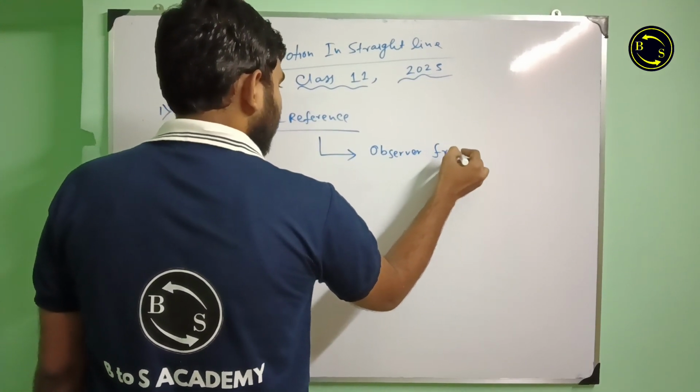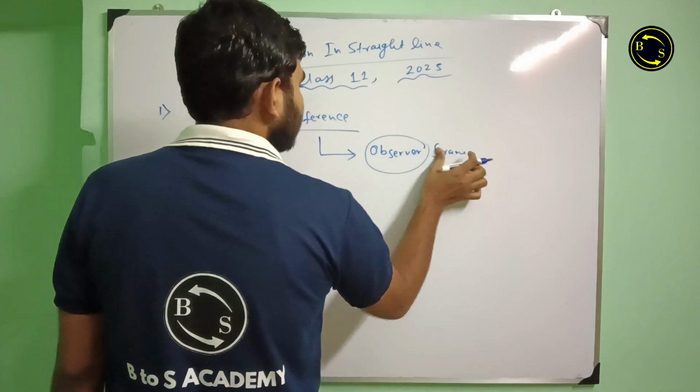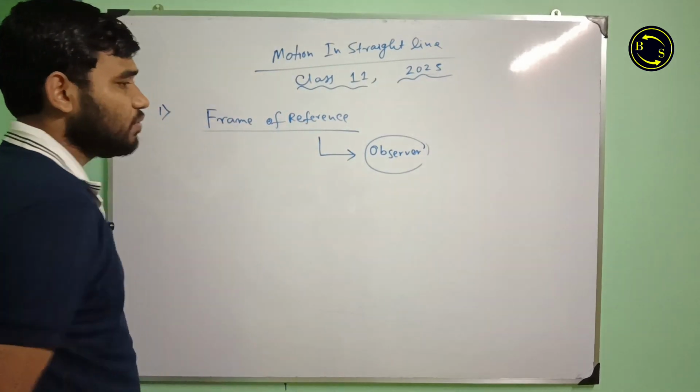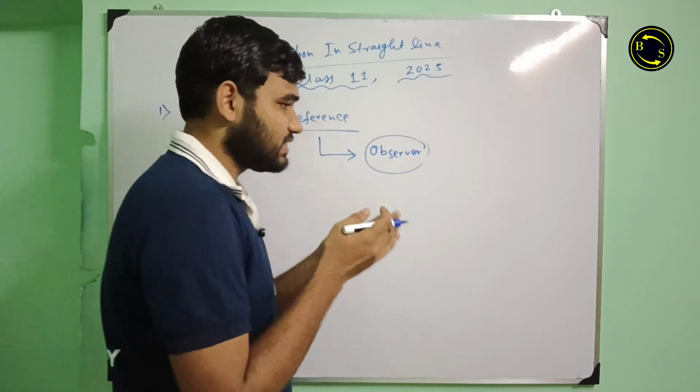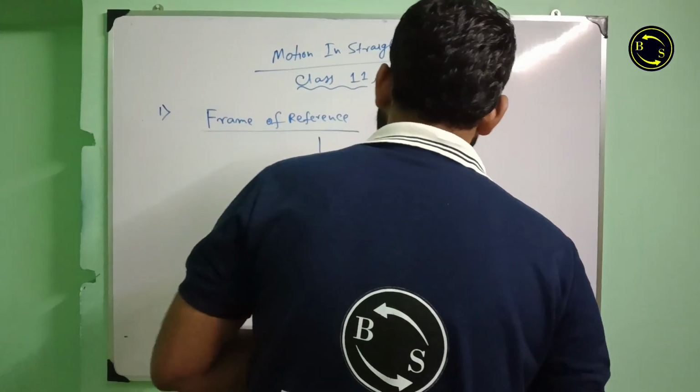ফ্রেম অফ রেফারেন্স কে আমরা এক কথায় বলতে পারি অবজারভার ফ্রেম, বা এক কথায় অবজারভার ইজ দ্য ফ্রেম অফ রেফারেন্স। তার মানে ধরো কোনো একটা মোশনকে যে দেখছে সেটাই হলো ফ্রেম অফ রেফারেন্স। ওকে,